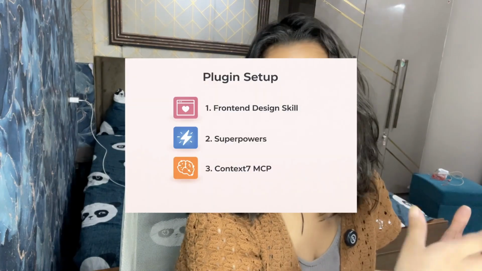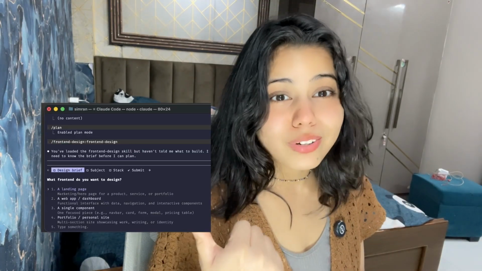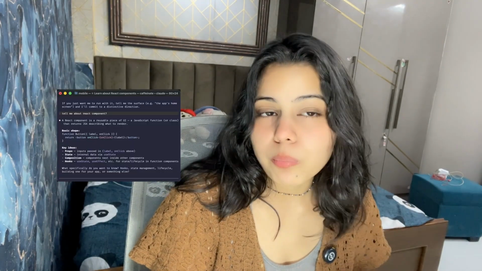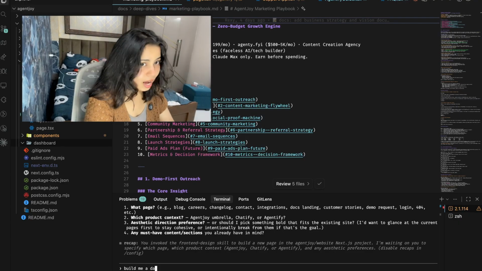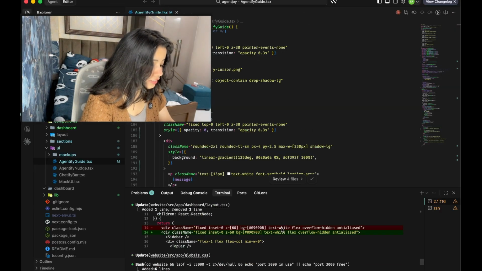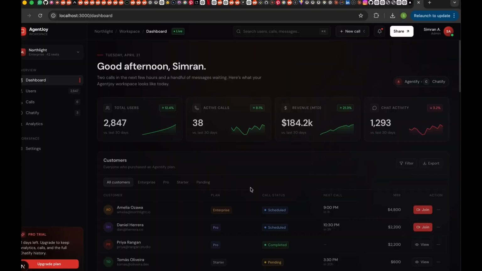So now let's make Claude Code actually powerful with three things I use every single day. This one is already built in, no install needed. Whenever you ask Claude Code to build any UI, a landing page, a dashboard, a React component, it applies a proper design system that produces distinctive, production-quality interfaces, not the generic AI-looking stuff. How to use it? Just ask, build me a dark dashboard with a sidebar and some charts. Claude handles the rest.